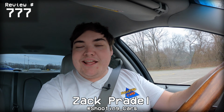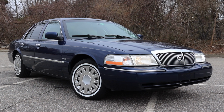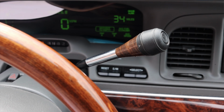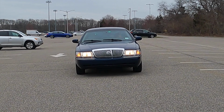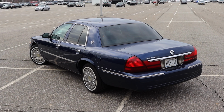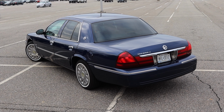Alright, what's up guys? My name is Zach and today I am driving a 2004 Mercury Grand Marquis Ultimate Edition. Up front is a 4.6 liter V8 and down below is a 4-speed automatic transmission. Now I'm super excited to be driving this Grand Marquis for a couple of reasons. Mainly the fact that you guys love Panther platform vehicles, I love Panther platform vehicles, and so let's make a